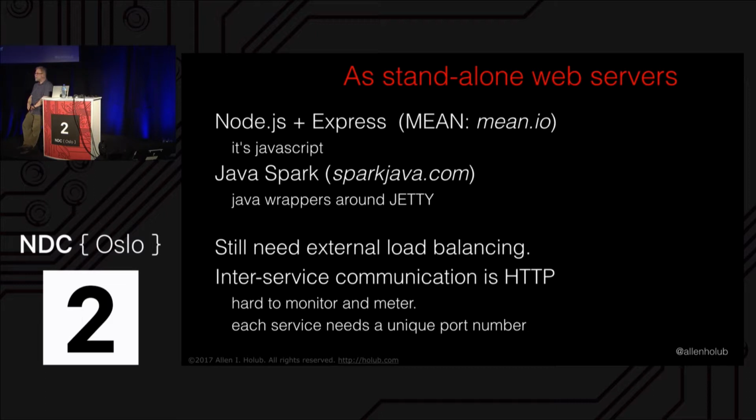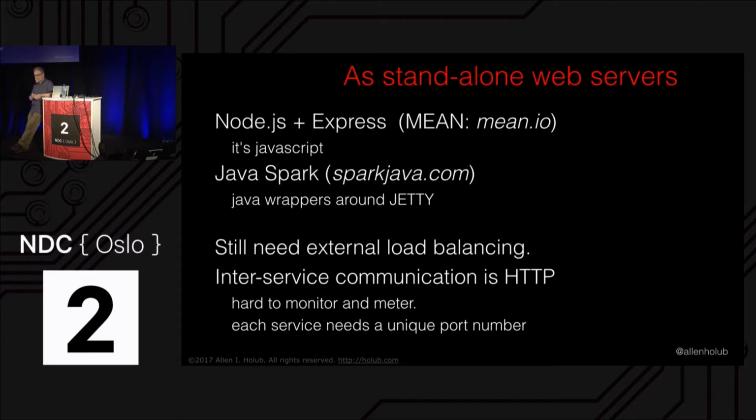And as soon as you start building a web server into your microservice, it's not small anymore. As soon as you start bundling your microservice with Apache or Nginx or IIS or any kind of web server in order to have a web front end, then it's even less small, because now the web server is effectively part of your service. And you have a lot of configuration and coordination issues that you would rather not have. So having your services talking with HTTPS or HTTP at the highest level is not actually a very good strategy. It adds inefficiencies, it adds complexity, it takes away independence, and you don't want any of those things to be happening.